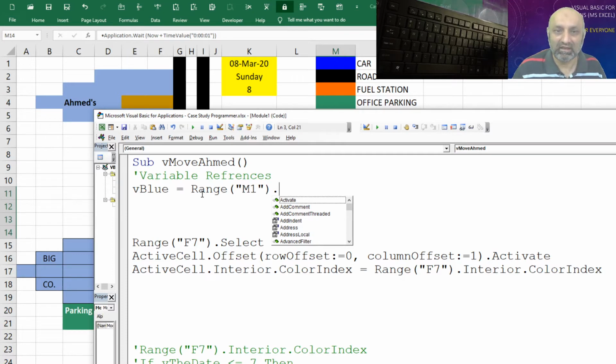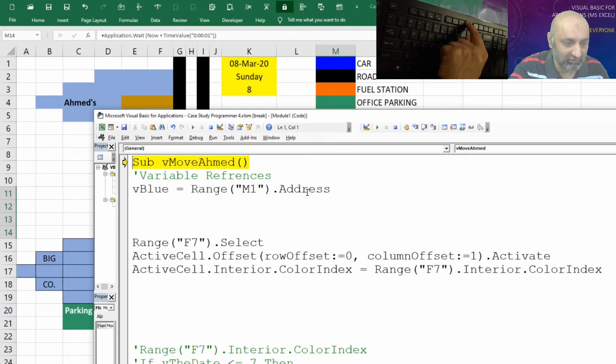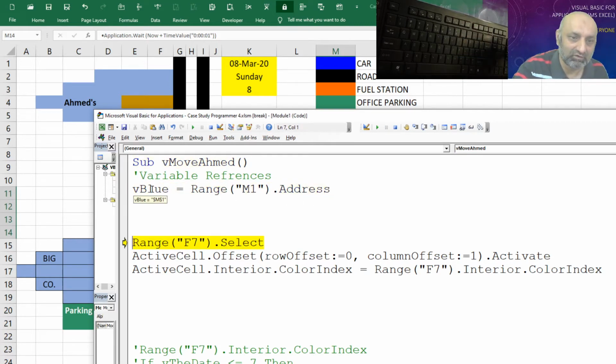The color is in M1, so what we need from M1 is the address. So let's pick the address from the list of options we are having. I have pressed Tab and Address has been chosen. So for blue, the reference is M1. If I execute this with F8, you can see what is saved in blue. That is M1. So now we have M1 stored in blue.